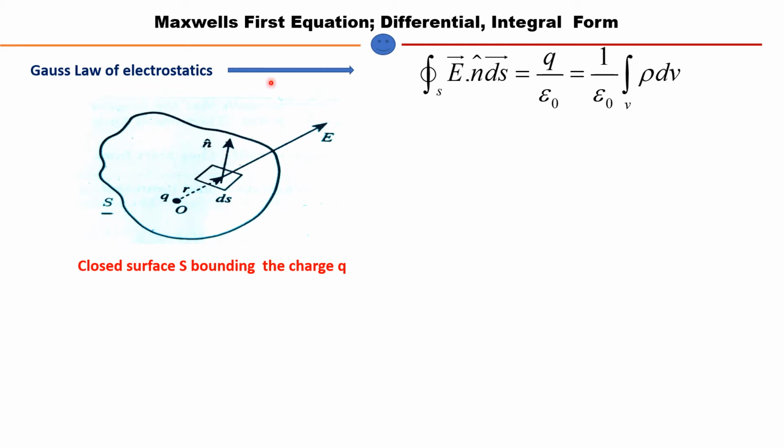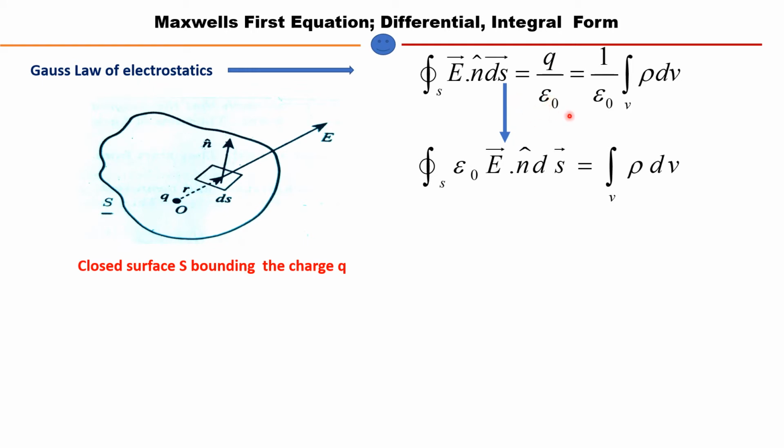So what does the Gauss law of electrostatics tell us? That the normal component of the electric field can be equated with the charge enclosed in the surface, that is, the total amount of charge enclosed. We can write the charge Q as a volume integral of rho dV, where rho is the free charge enclosed within the volume. If we multiply by dV, it will give the total charge.